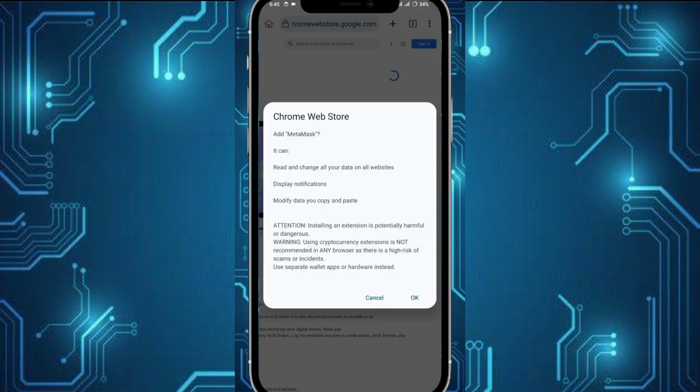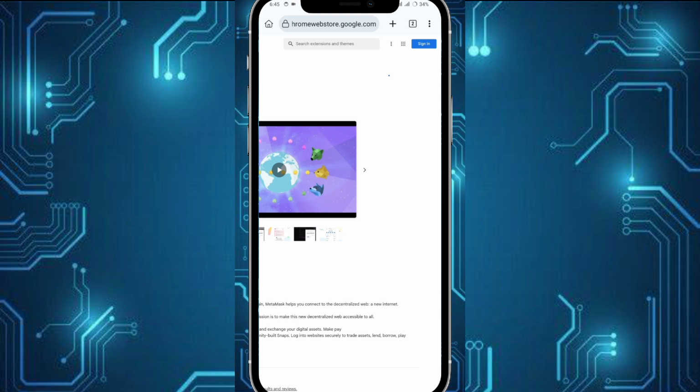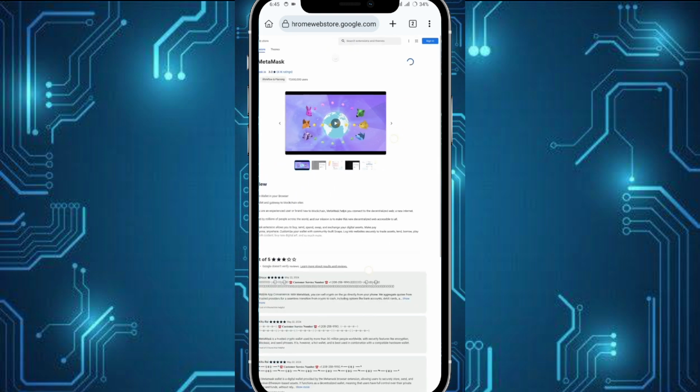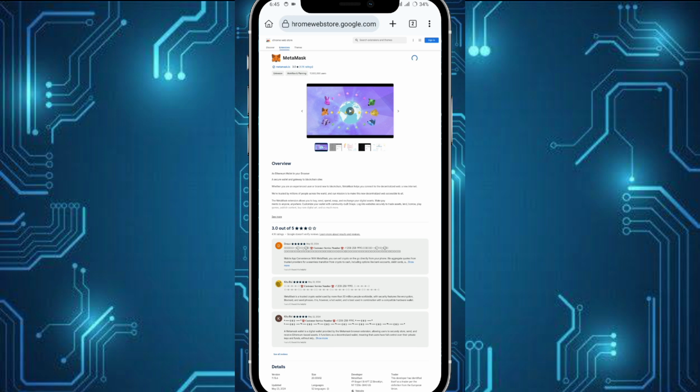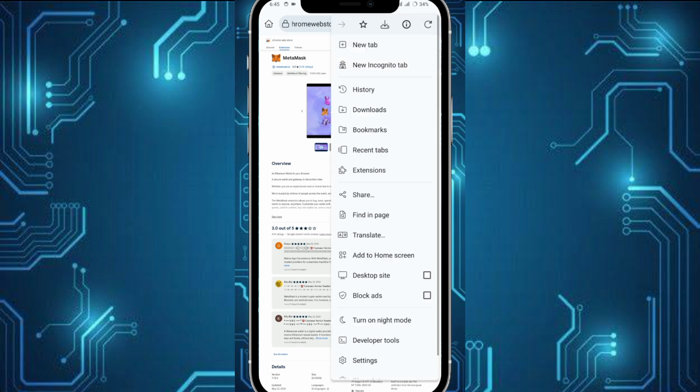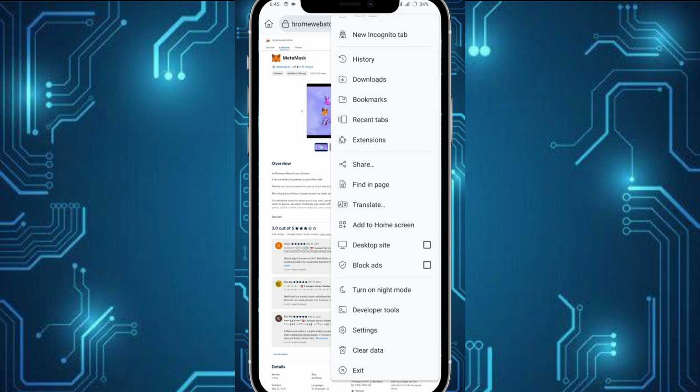Then after that, just click OK. Then just wait for the MetaMask installed in your browser called Kiwi, and we will find this in our settings.